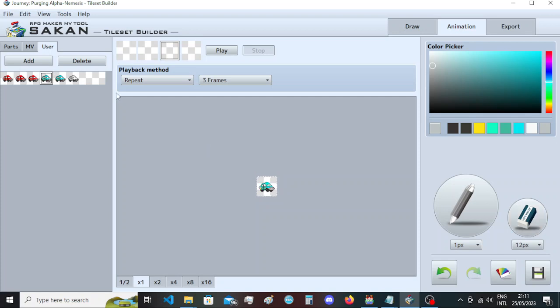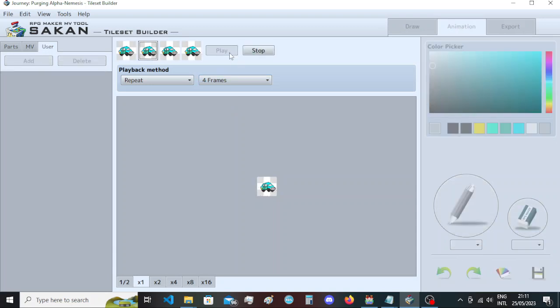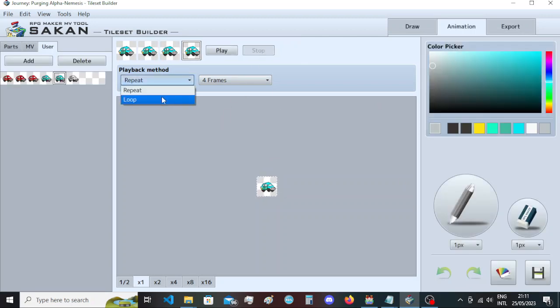Okay, so this one will be 1 and 2. And this one will be 2 actually, and 4. Okay, and I'm gonna set it to a 4 framer, and if I choose play, you can see that the car is actually moving. Okay, it's actually nice, and then you can stop it. You can say loop and play it,